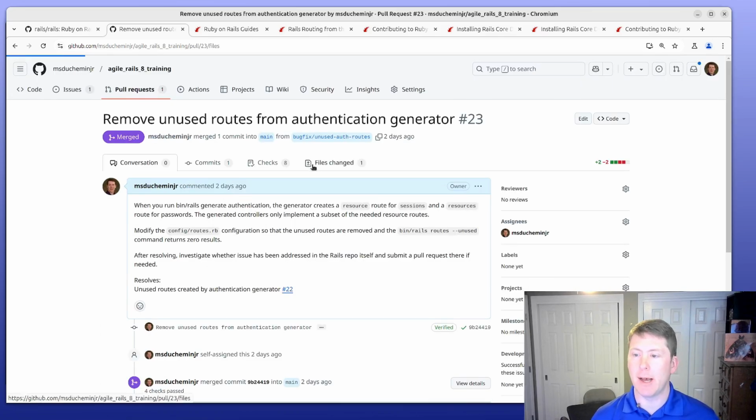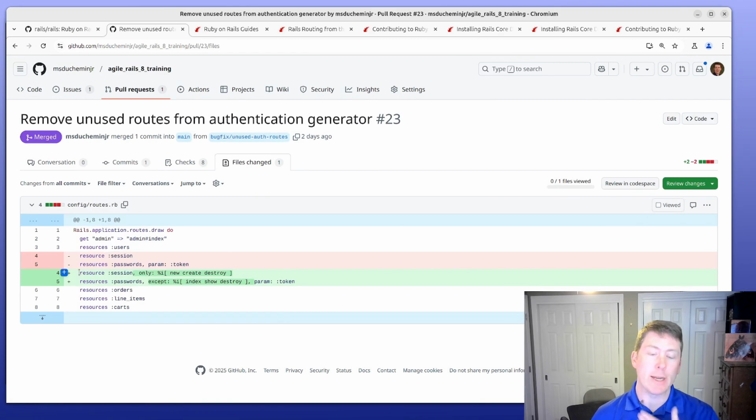So here I'm just updating the router, or the routing config, and I've got a stink bug on my